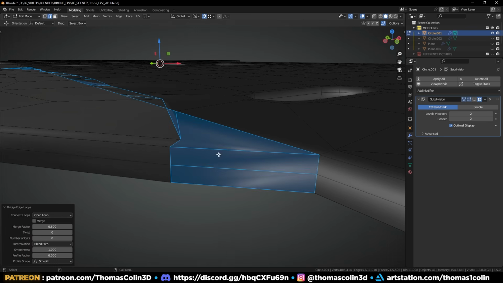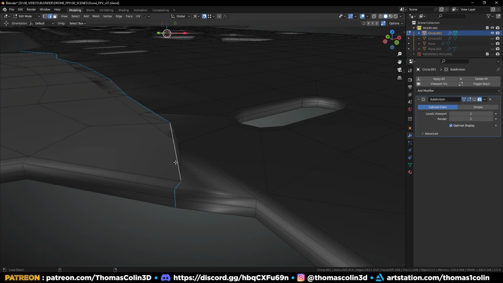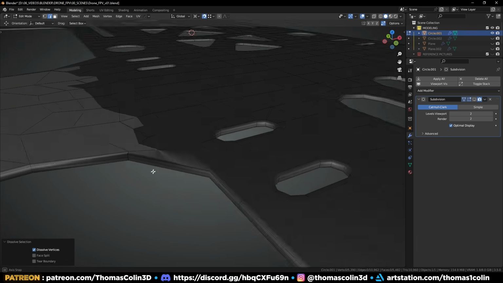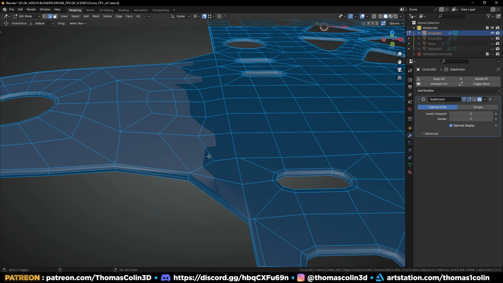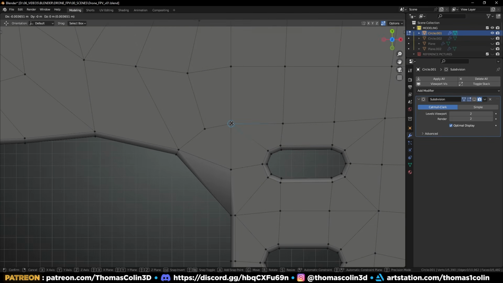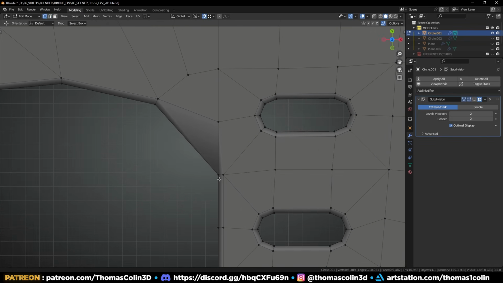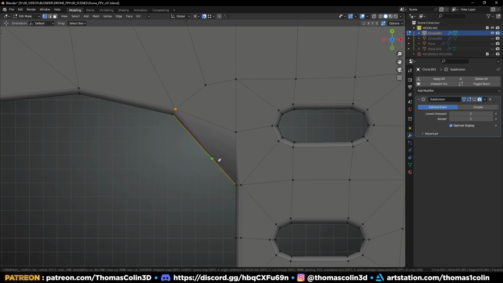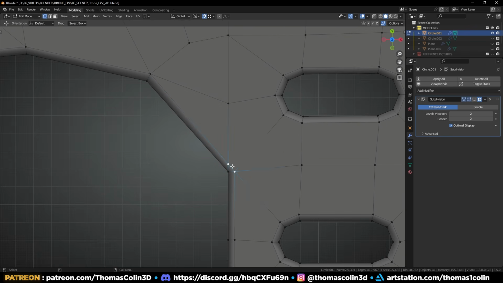Right-click Bridge. Remove this loop. Select the faces, Shift N to flip the normals, K for the knife tool, connect the vertices, select these 2, M, merge at center,